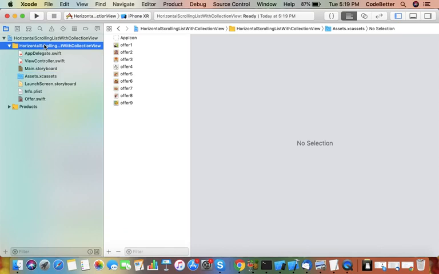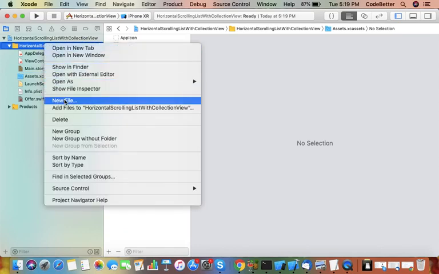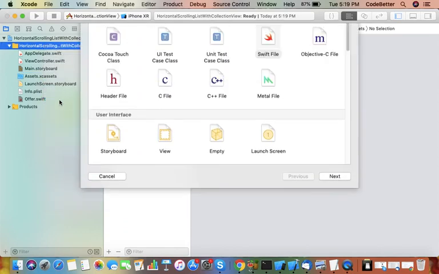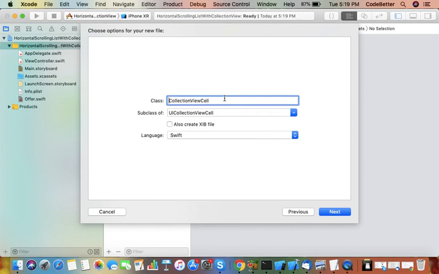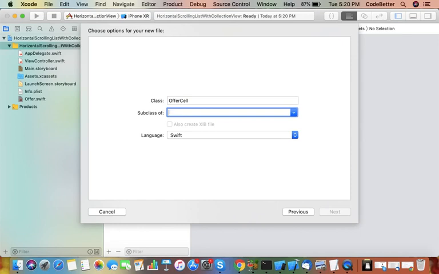So next we create a Cocoa Touch class. The name is, let's say, offer cell, and it should be a subclass of UICollectionViewCell.